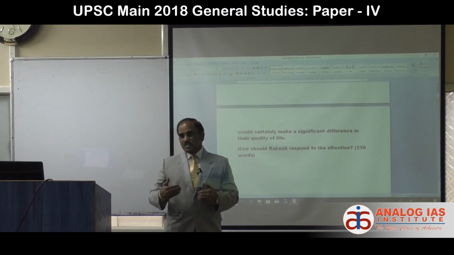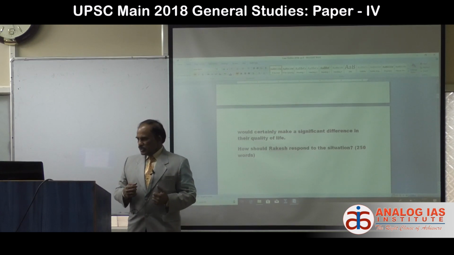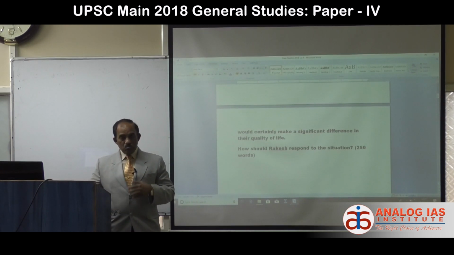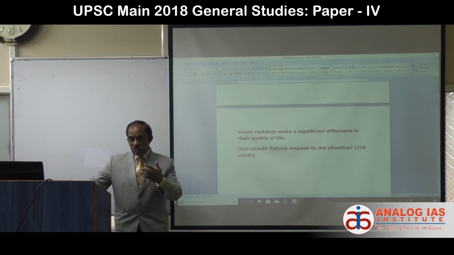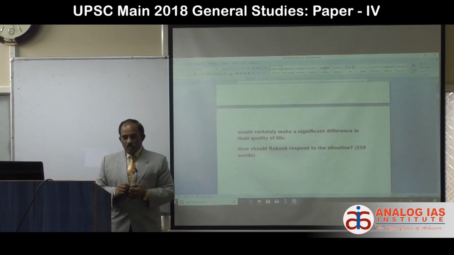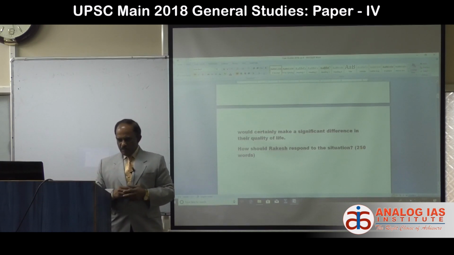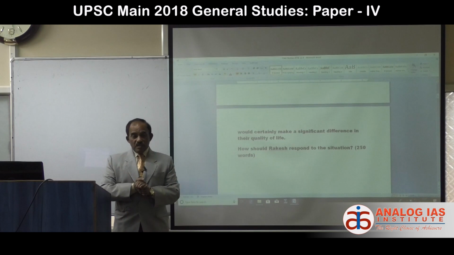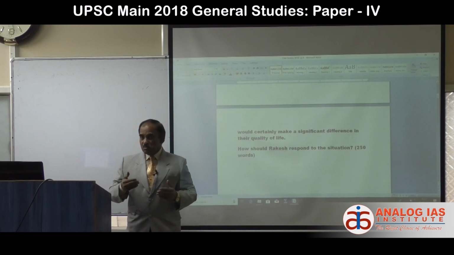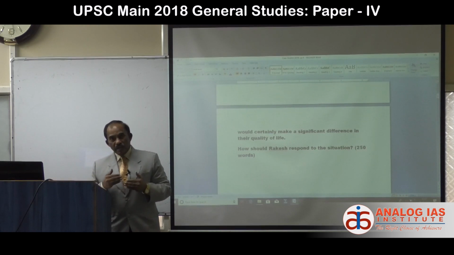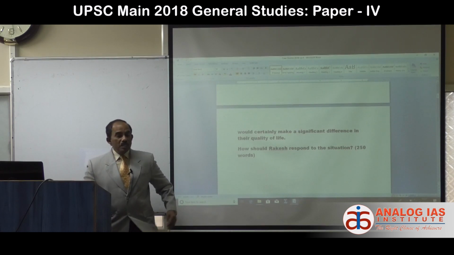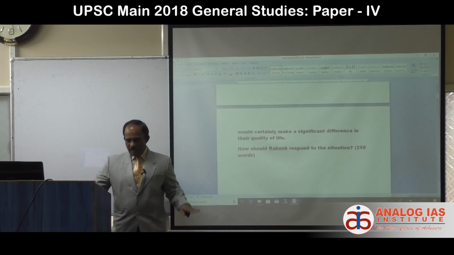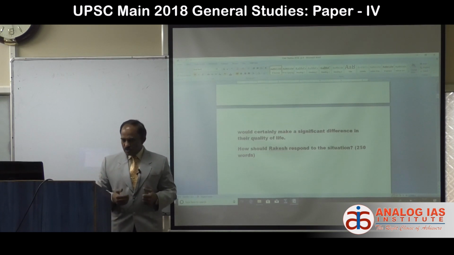But in these circumstances, can we go for any other alternative? That is very important. A bureaucrat should always be proactive and must see whether any alternatives are available to him. Here there are certain alternatives we can explore. First, you bring this issue to the notice of the government for kind consideration. Such cases may be taken into consideration and the government may relax the rule. There is a possibility for you to extend help to such people. Suppose it is not accepted by the government, then we can go for some other alternative.